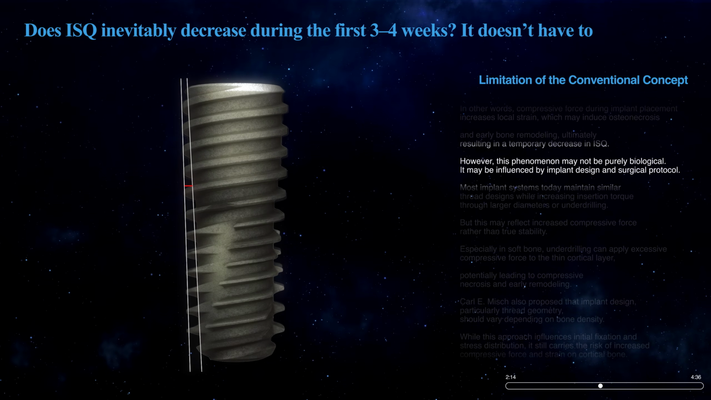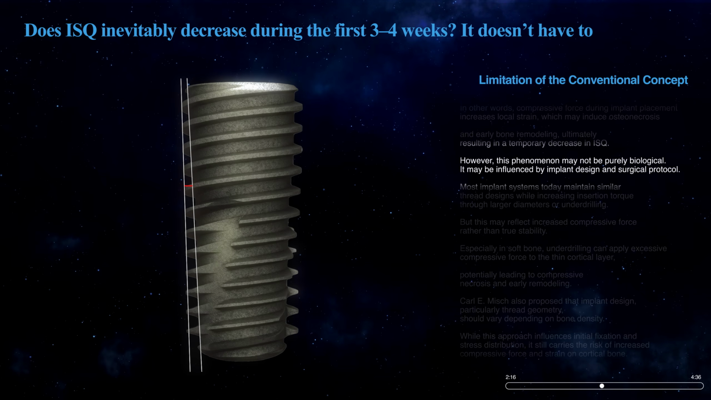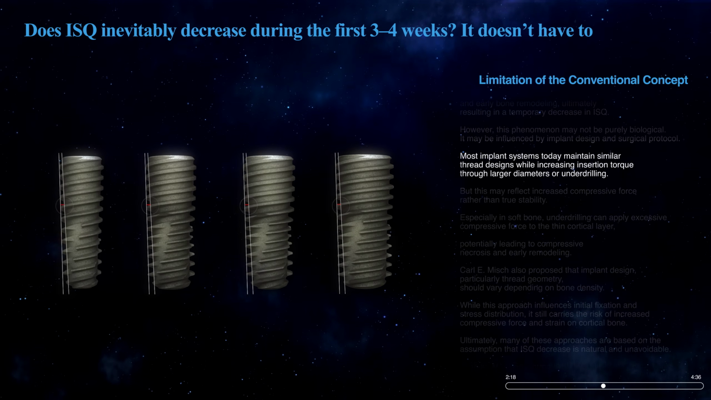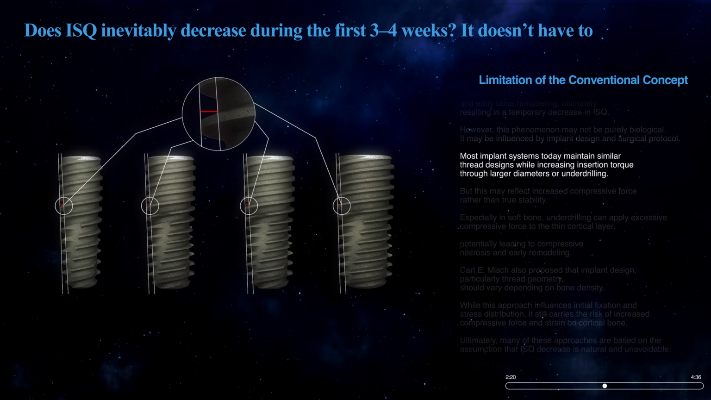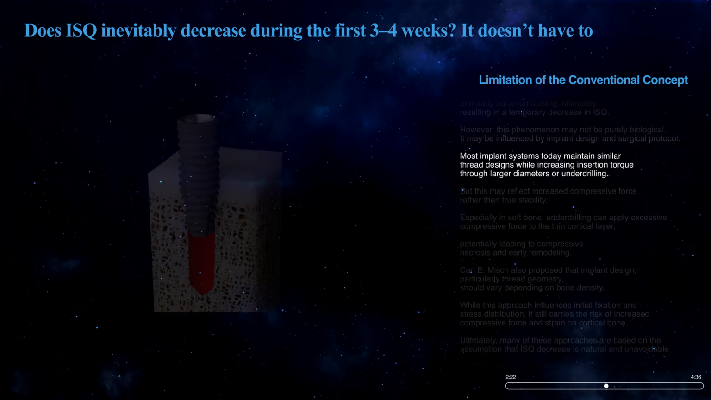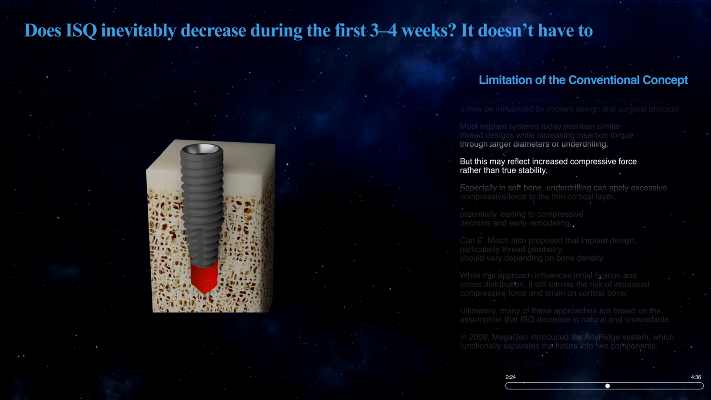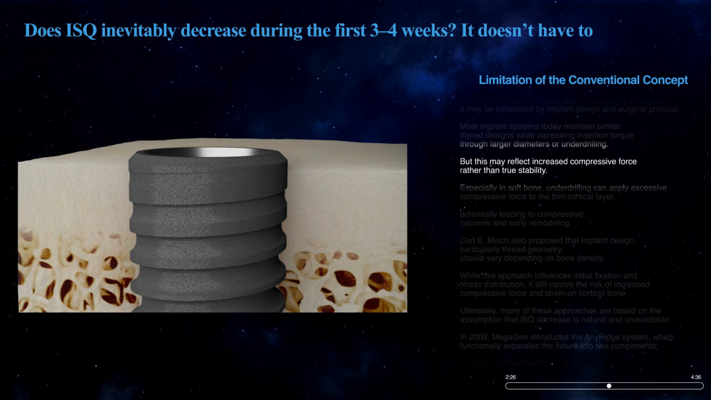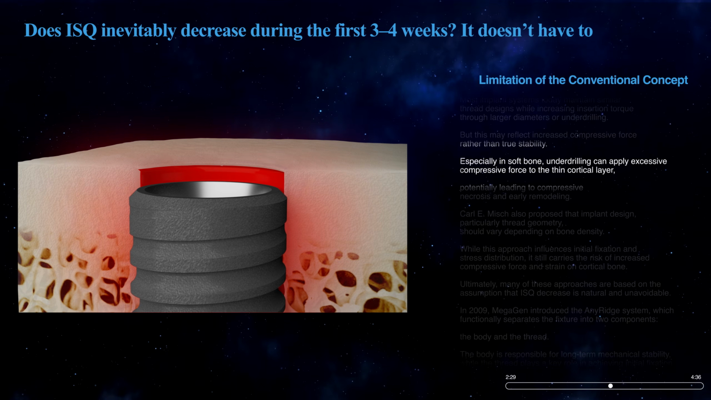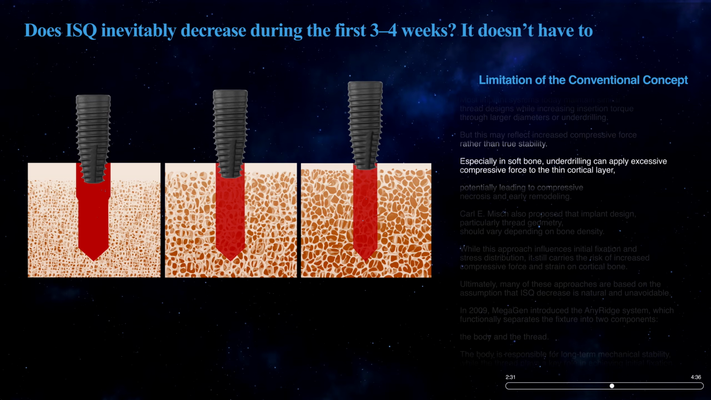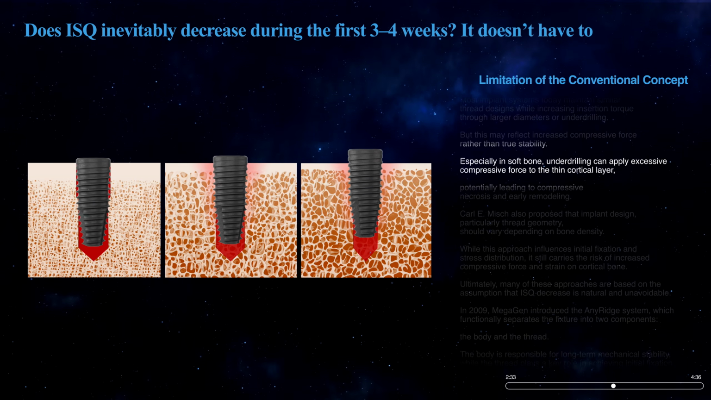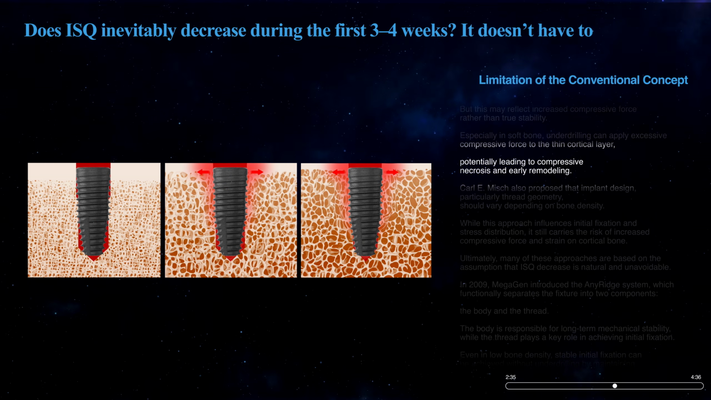It may be influenced by implant design and surgical protocol. Most implant systems today maintain similar thread designs while increasing insertion torque through larger diameters or underdrilling. But this may reflect increased compressive force rather than true stability. Especially in soft bone, underdrilling can apply excessive compressive force to the thin cortical layer, potentially leading to compressive necrosis